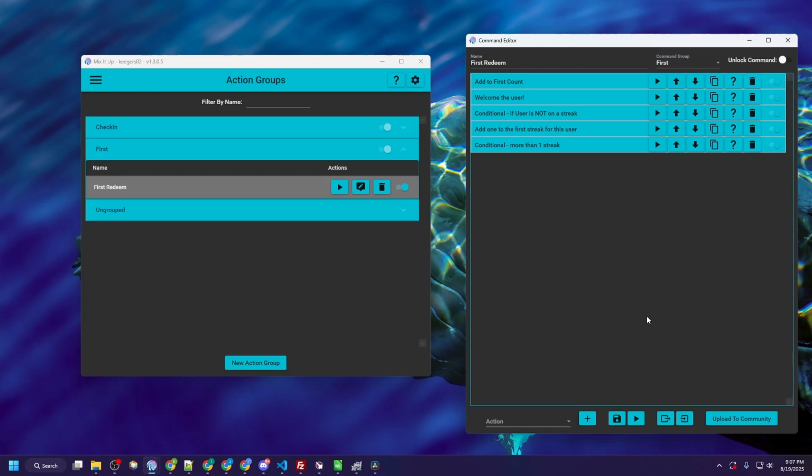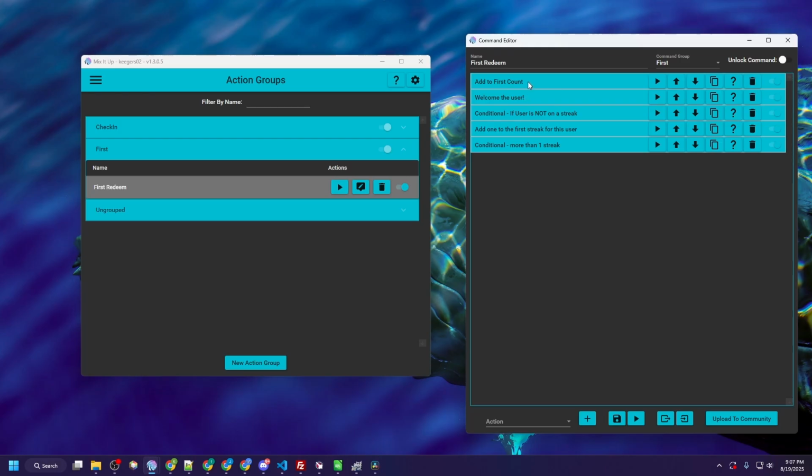So my first redeem is a Twitch channel point redemption. They log into my stream, they go down to the channel points, and they spend one little channel point for the first. I got first, second, third, and nth. I've only done this for the first, because I think that's the only one that matters. So, right now, they have a,